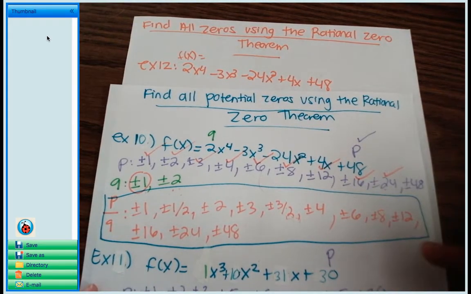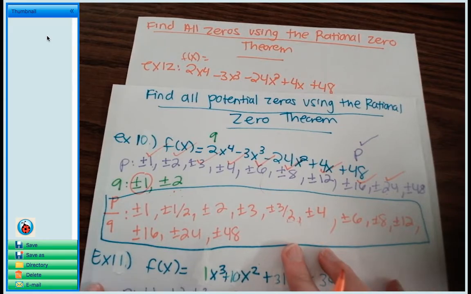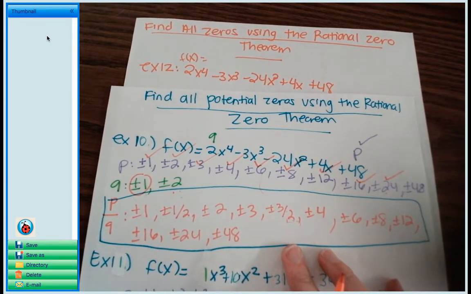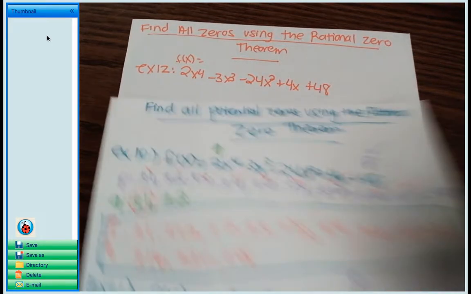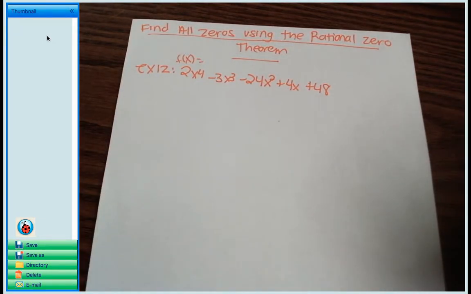So, I already found the p's, q's, and p over q's. So to save us some time, I'm just going to list out what I got from the previous example for my p over q's. These are the numbers we focus on to help us find zero. So I'm going to start by listing my p over q values. All right. So my p over q values